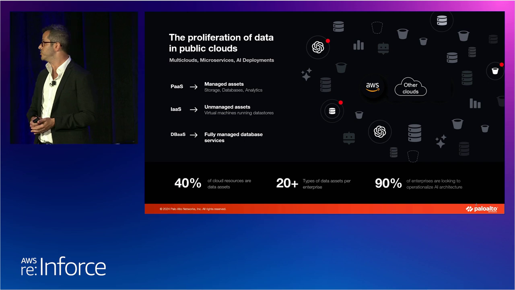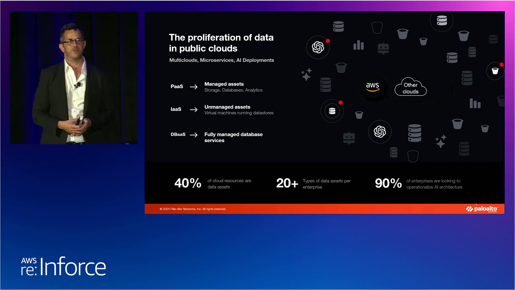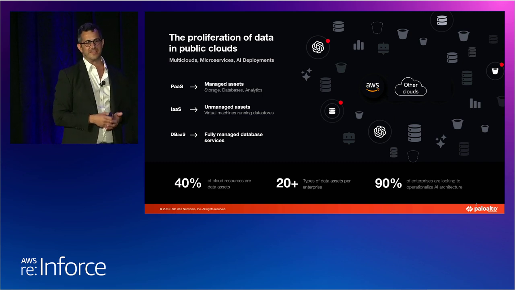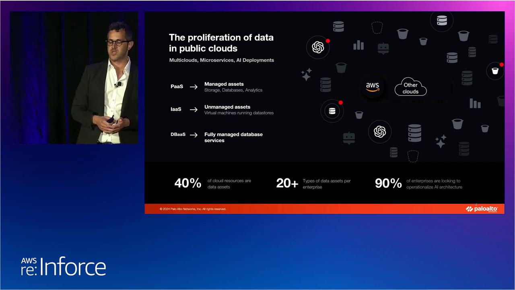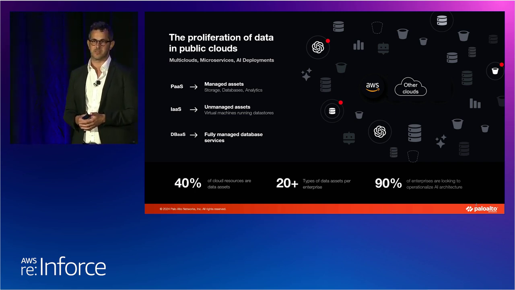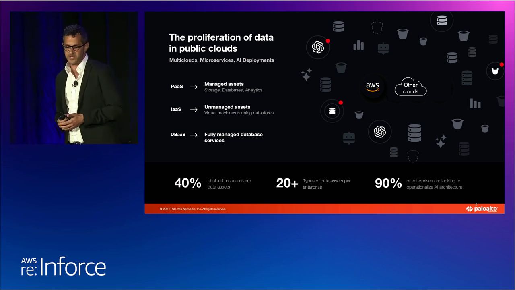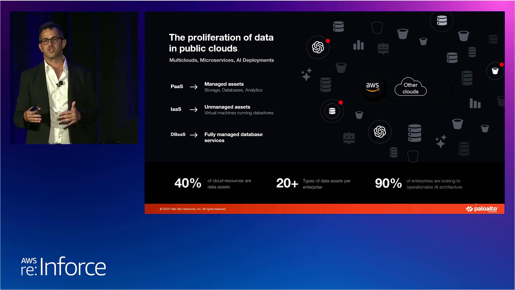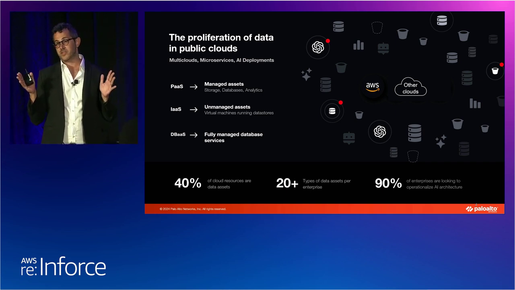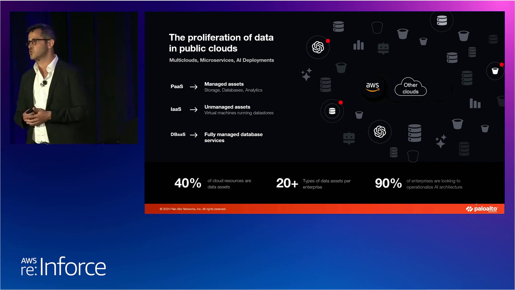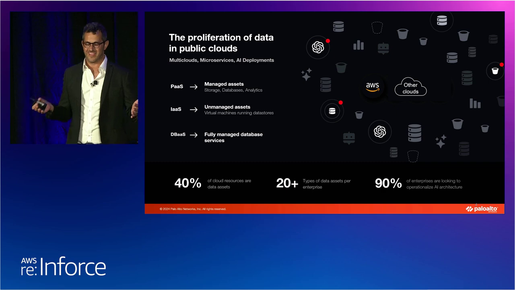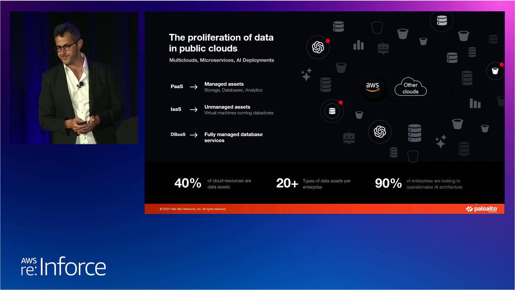And lastly, of course, we have the new data clouds, Snowflake, Atlas, Databricks, any type of data service today that is also holding your information. Now, what we see today is that a typical enterprise will have at least 20 different types of data stores across hundreds, if not thousands, of data store instances. And that's what we need to essentially protect across our organizations. What we also see is that 90% of all enterprises today are looking to operationalize AI architectures, and all of that is currently being done in the public clouds. So how do we build controls around this landscape? That's what we're going to talk about today.